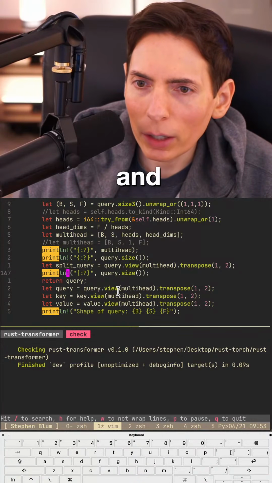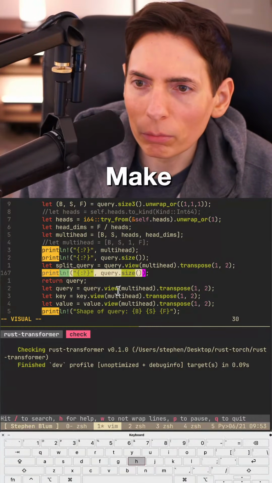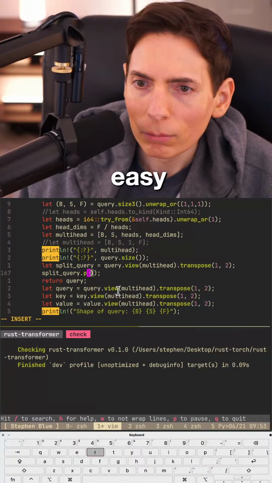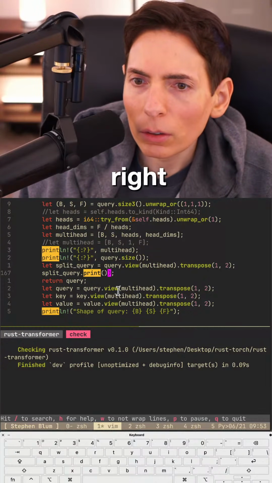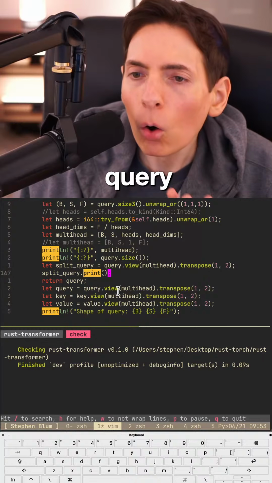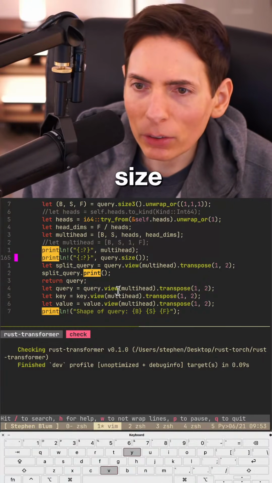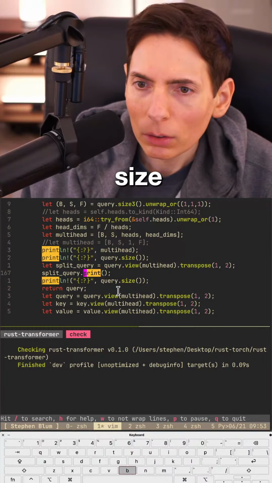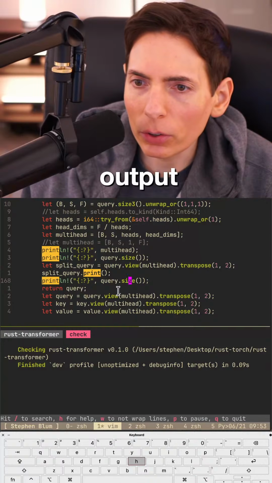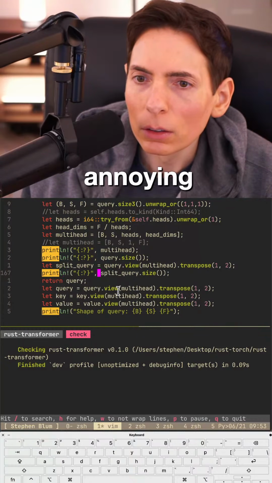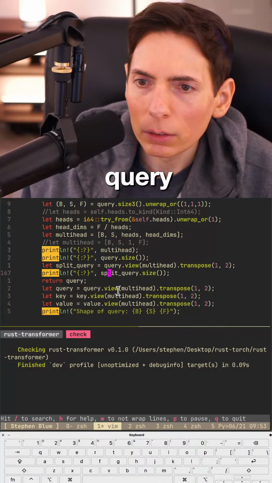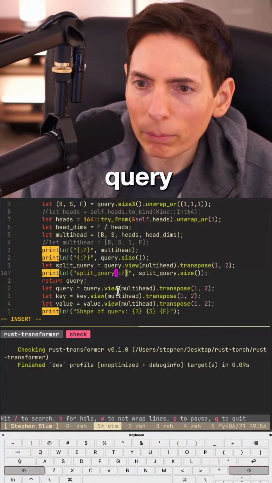So let's grab this and type in the split query. And we can just say print. Make it really easy. All right, that's a split query. Oh, wait. No, we want the size. I don't want the actual output, because that would be annoying. Here we go. Split query.